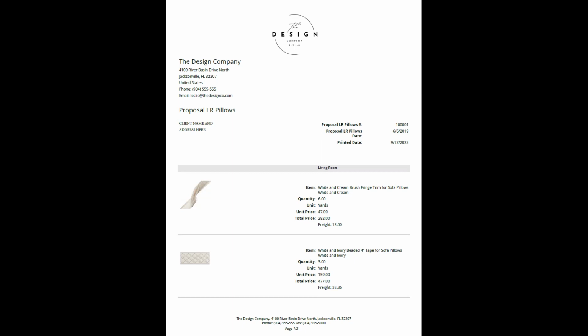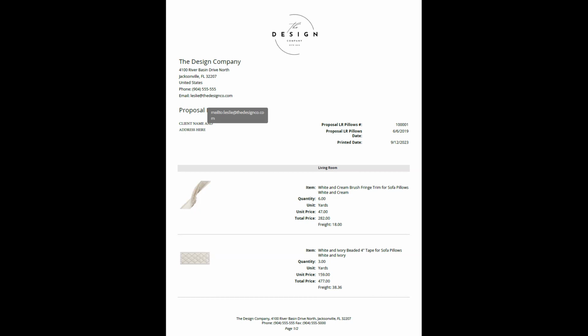Now, let's look at a couple of things on this document. This is created by the designer. So you can see we've got a logo on the top and information on the bottom about the contact information for the design firm. The design company's address typically is here, and then the phone number and email is provided. Now, this stays with the client. They may sign on the dotted line right during the meeting and write a check, or they may sit on this for a little bit, think about it, envision it in the room.